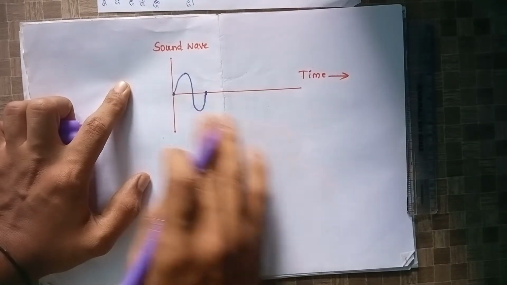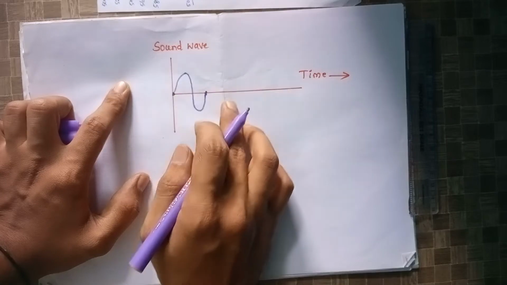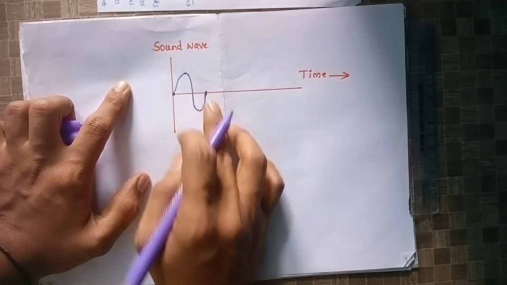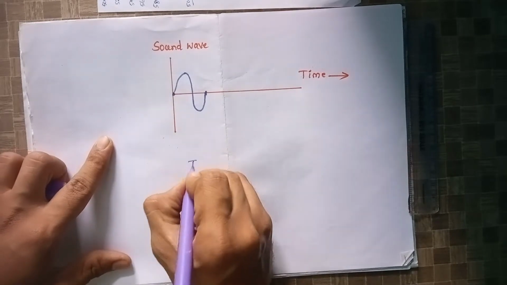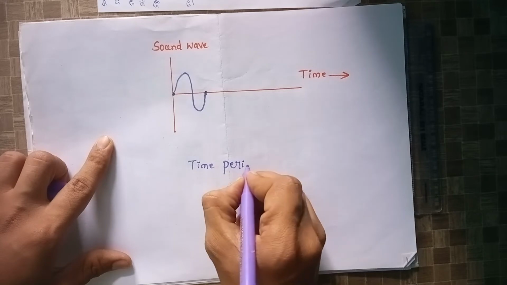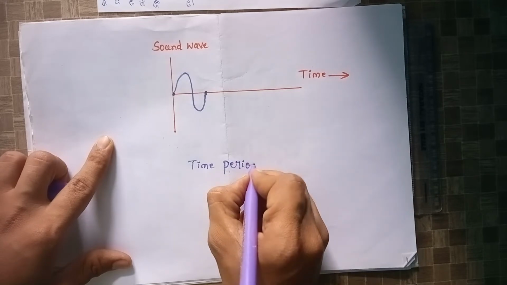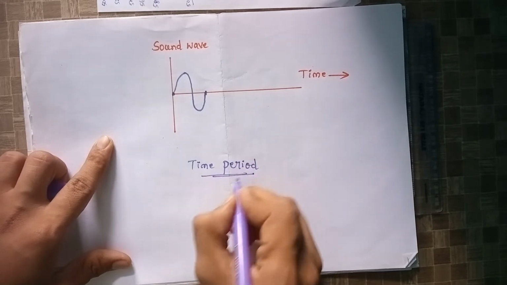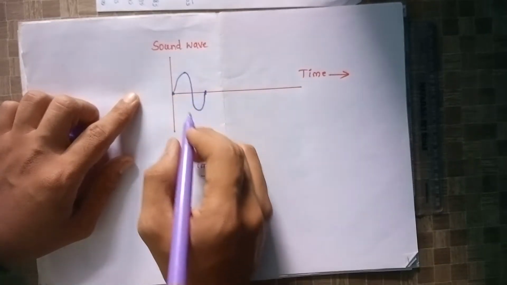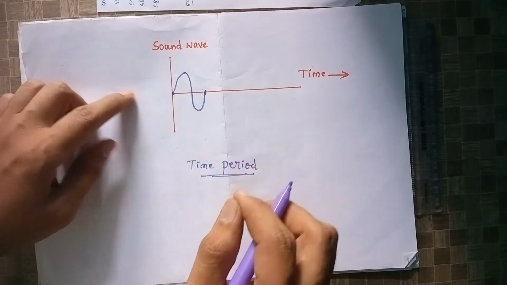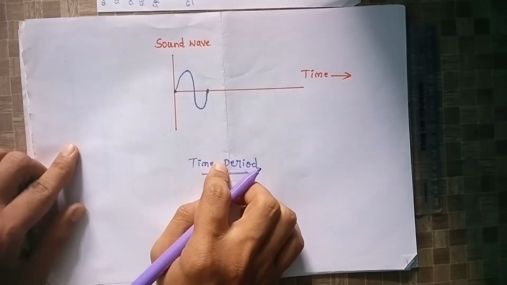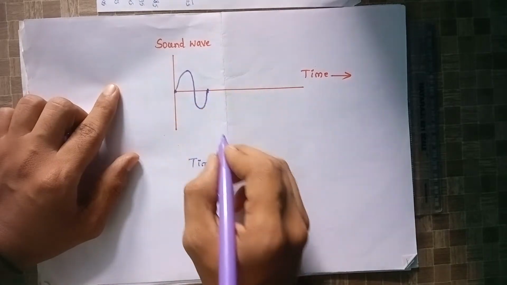If this is the medium, then the time taken to complete one oscillation or vibration produced is called the time period. This is one complete oscillation. Like a pendulum, the time taken to complete one oscillation is called the time period. Next, what you see is,